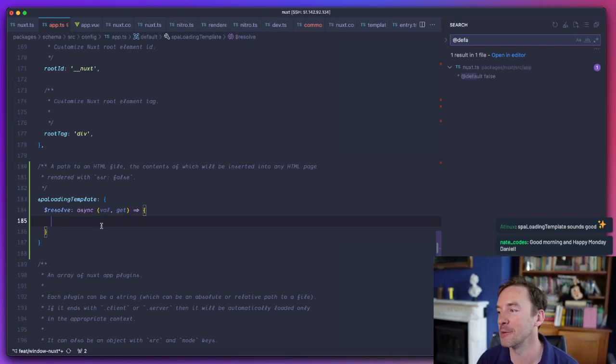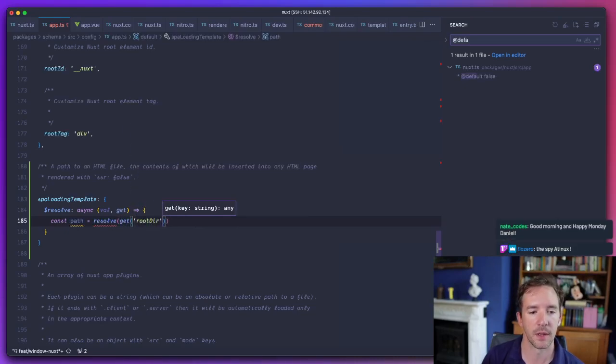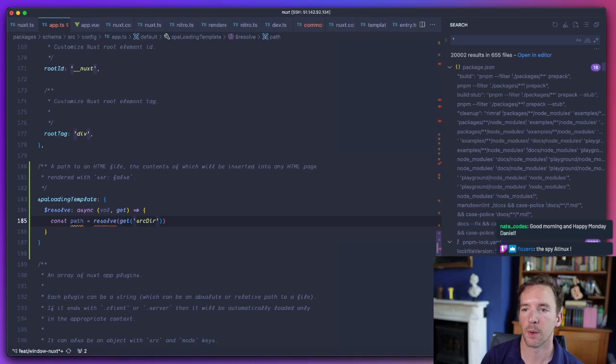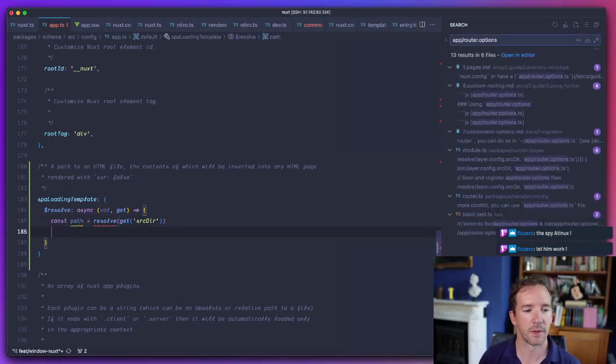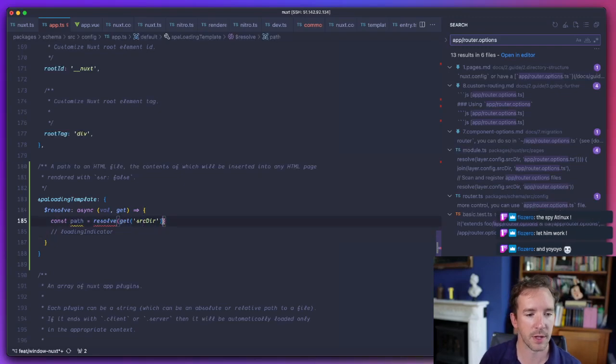So basically what we want to do is resolve it. So path is going to be resolve, get root dir, source dir probably. We have app router options, which we resolve in relation to the source directory. So we'll do that. Source dir, val or app